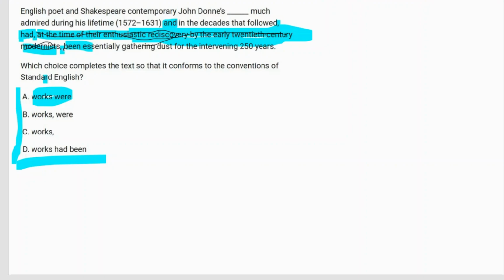So in order to use this part here, been essentially gathering, you see, been essentially gathering this part, you must use this word had. Okay, yes, you must use this word had. So as we can see, this had is a very necessary part in order to complete this been essentially sentence. So how does it look now? John Donne's much admired during his lifetime and in the decades that followed had been essentially. So for this part, if we are going to use commas,